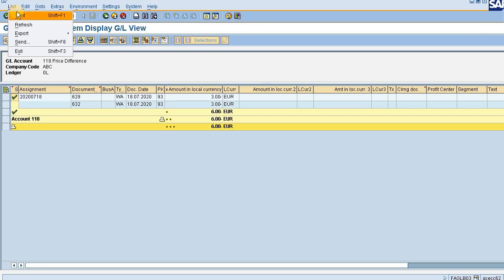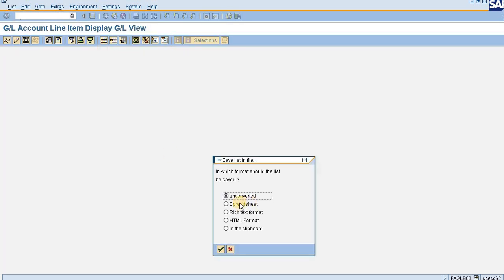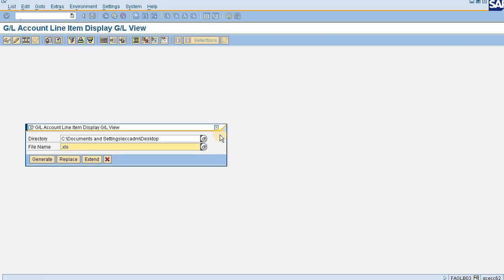Again the same procedure: list, export, spreadsheet. The spreadsheet option itself is given, however I will choose the local file, then spreadsheet, then continue, and then the desktop is already chosen.